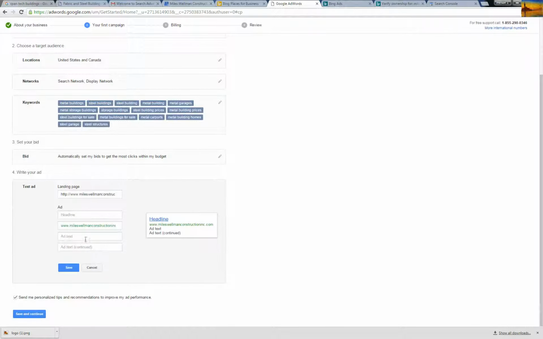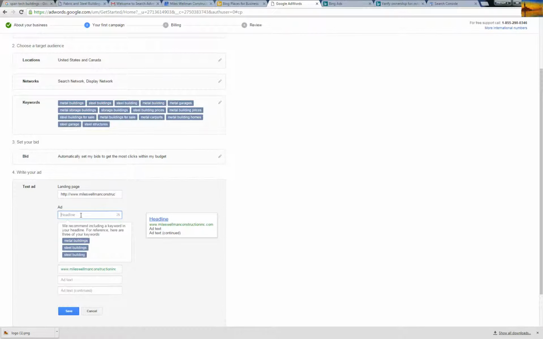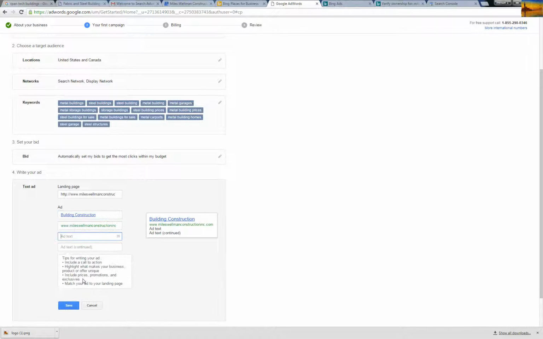So your ad, so let's do fabric building construction, and you'll see this is how it will show. So let's just do building construction. You'll see that sometimes you're limited by space on ad text. Then you can add your fabric